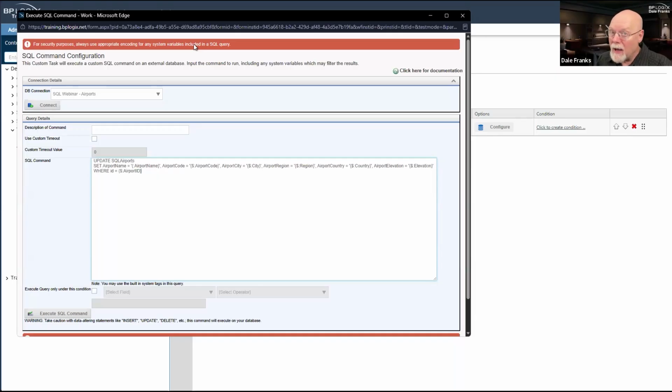It will not allow you to save it, and it will not run, if you do not include that encoding character on any of these system variables that you place in here. So in my case, it will let me do it, but it'll whine about it. In your case, it may not let you do it at all. It may require that you put that encoding character in there.